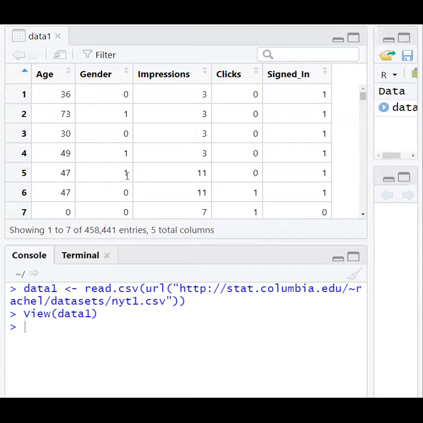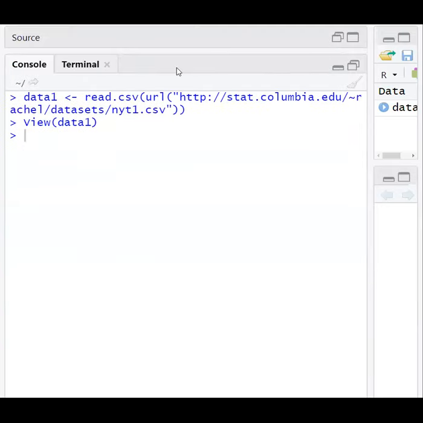Age, gender as binary, impressions, clicks, signed in. The number of rows is 4,58,000; this CSV file contains 4,58,441 entries and 5 columns. So this is regarding the data.